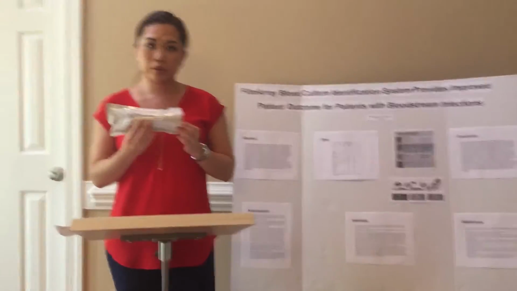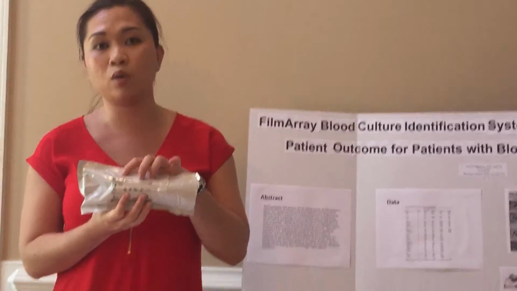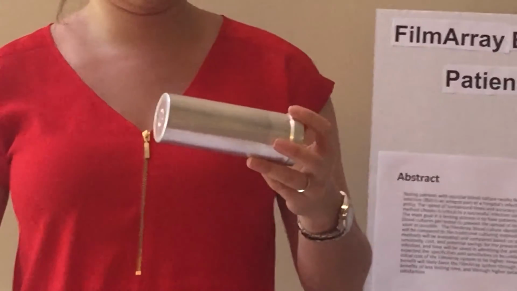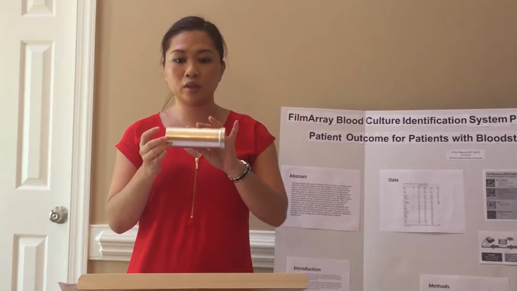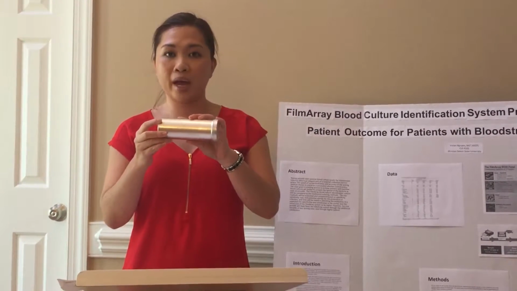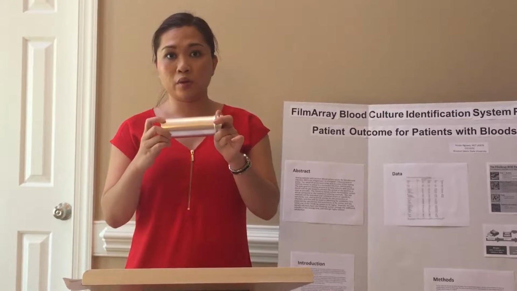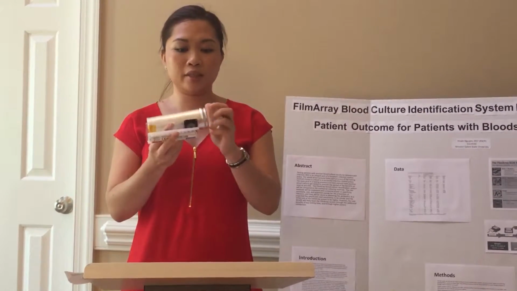this is the pouch that will hold the panel. It's called BCID, which is the blood culture ID panel. When you open it, there's going to be a cylinder that looks like this, and this part is going to house the pouch. The cylinder you can recycle, so it's environmentally friendly. When you open it, there's the pouch